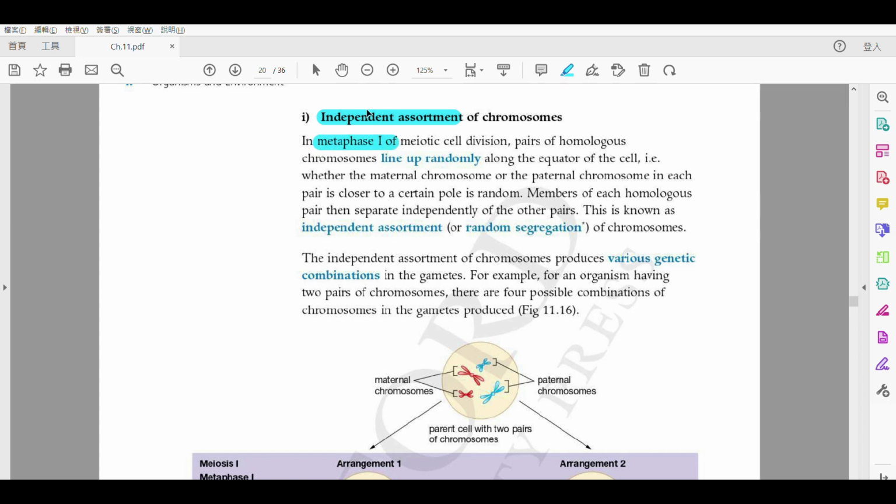Alright, so when we talk about metaphase 1, what is happening? 你應該記到㗎啦，就係 pairs of homologous chromosomes 會 line up along the equator, 得唔得？而且 they are lining up randomly. 好, so what does it mean by randomly? 係一個隨意嘅。That means maternal chromosome, 或者你嘅 paternal chromosome, they are closer to a certain pole. 佢哋會近其中一邊嘅。And this time it is random, 係隨意嘅。